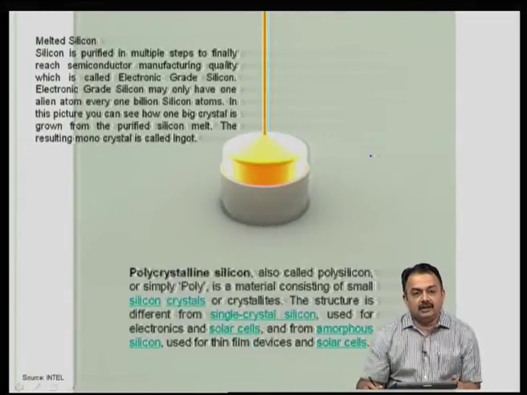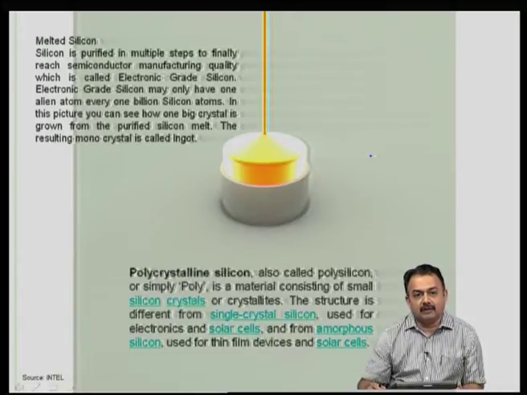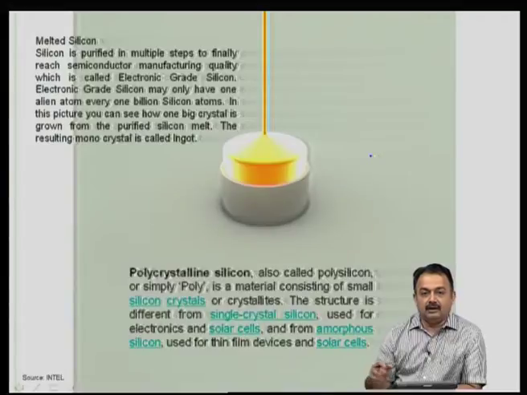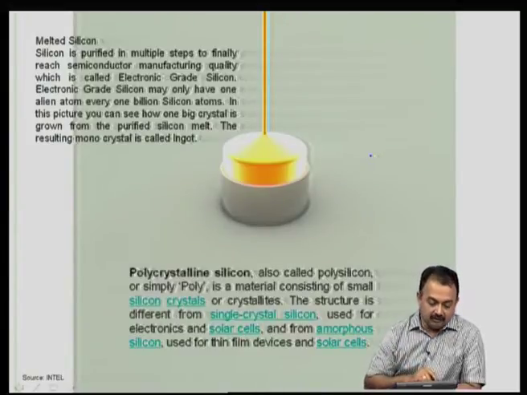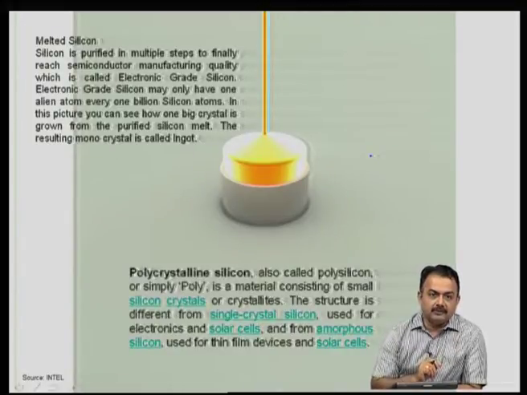Now, after the silicon is formed, you have to make it more pure. That means you want to make it electronic grade silicon. So, electronic grade silicon is the highest purity that you can achieve. There are other grades of materials or metals or elements or compounds that are available. You call them lab reagent, analytical reagent, and then comes the electronic grade material. So, in this case silicon is purified by multiple steps to finally reach a state called electronic grade silicon, and that can be used in the semiconductor manufacturing arena.